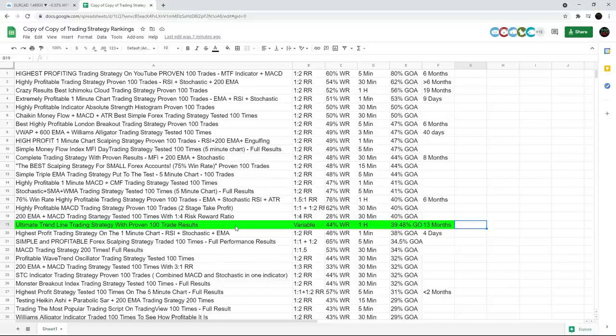I'd add in another layer of confluence with divergences. So let's say you have an upward sloping trend line in an uptrend, and price is coming down to that trend line. So you're looking for a buy, and you get your nice rejecting wick off of the trend line, but at the same time you get bullish divergence on the RSI or another oscillator. So you could combine divergences with your trend lines and your candlestick patterns to kind of get a higher level